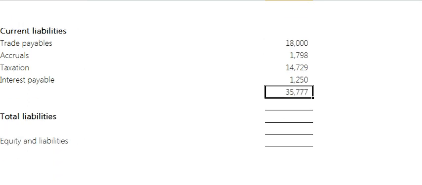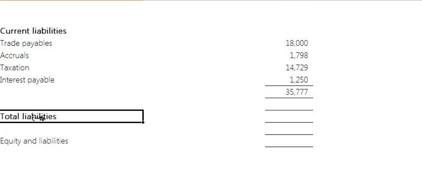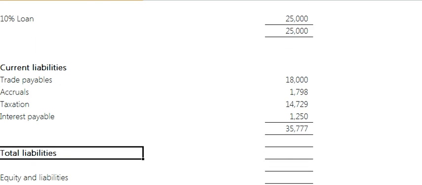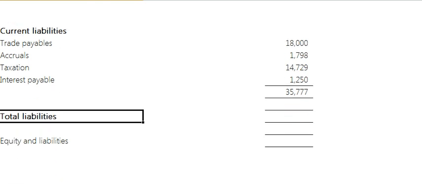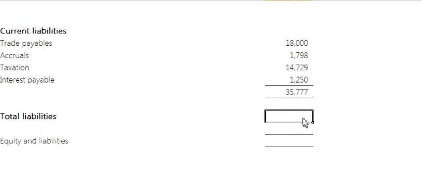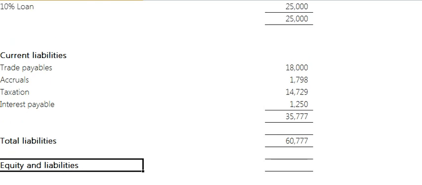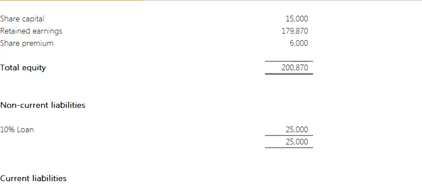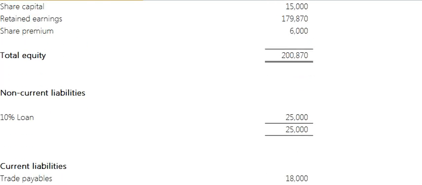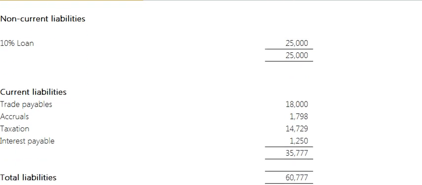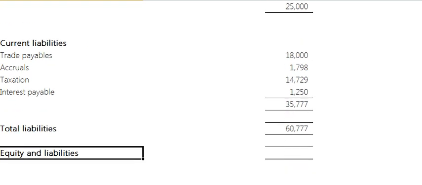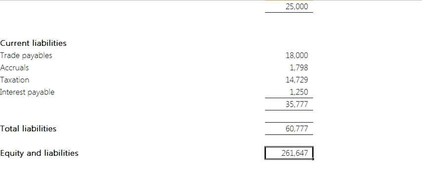And as before, we need a figure for total liabilities. So we're going to add our non-current, which is 25,000, to our current liabilities, and you get 60777. Last but not least, let's put that in bold, equity and liabilities. So go back up to the equity total, which is the 200,870. Add that to the figure we just calculated, your total liabilities, 60777, and you should get